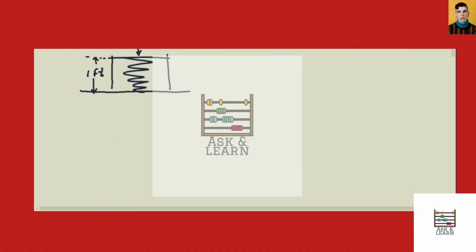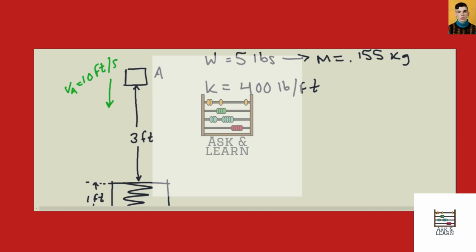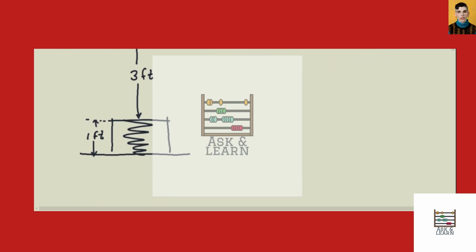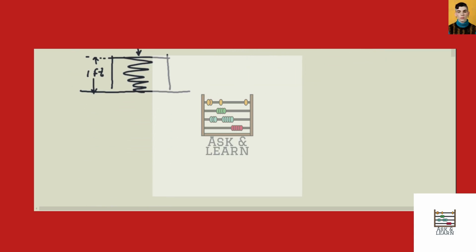Now, because we're dealing with the velocity, this block has kinetic energy, and it also has a weight, so there's a force being produced as it travels before it strikes the spring. And the spring itself has a force, so it will produce a work in the opposite direction of this block when it collides. So because we're dealing with work and we're dealing with energy, we can use the work energy